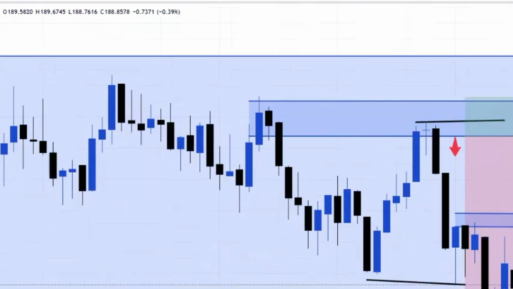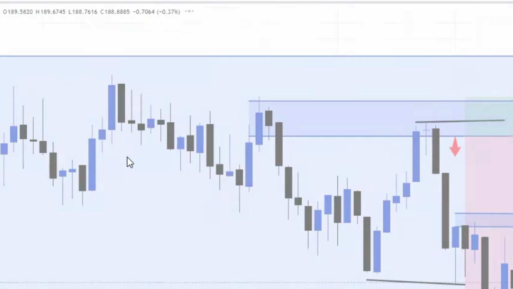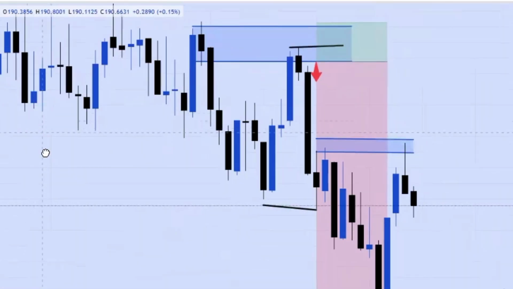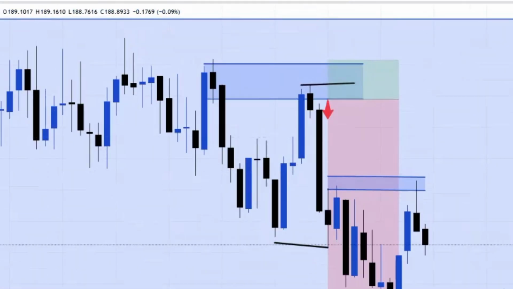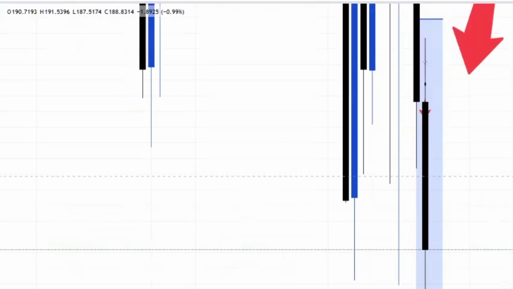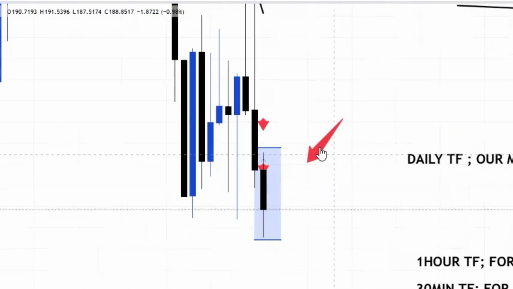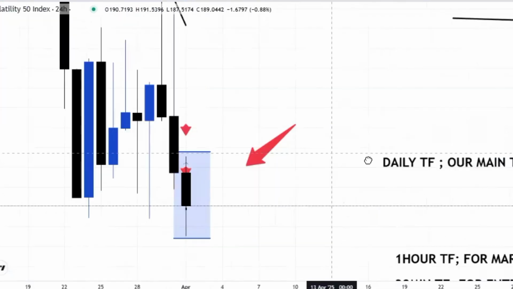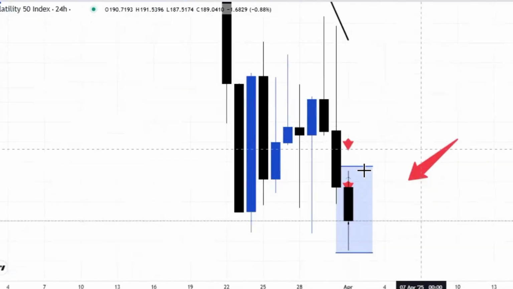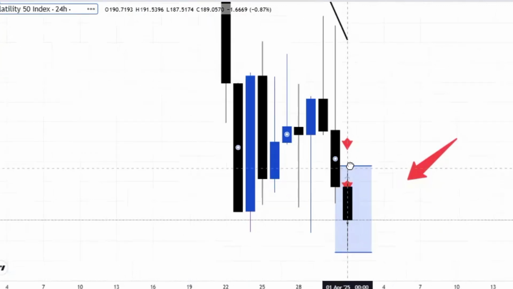Now let's go to another next daily candle. This already works very, very well. I use this a lot. Don't worry about this next candle, guys. Now looking at the next candle here,